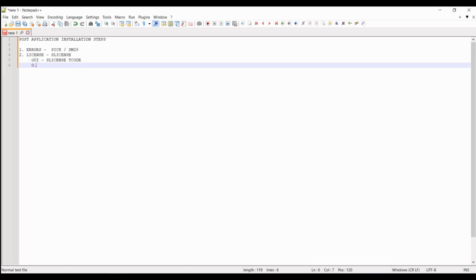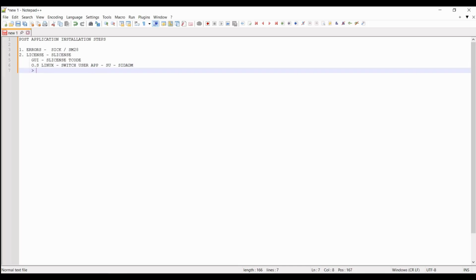and in the OS, that means Linux, we first switch the user to the application user, like su - SIDadm. The SID should be the one you remember for the application you are using. So you need to enter that SIDadm, and after switching to that user,